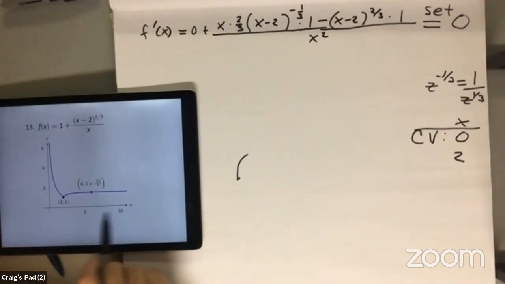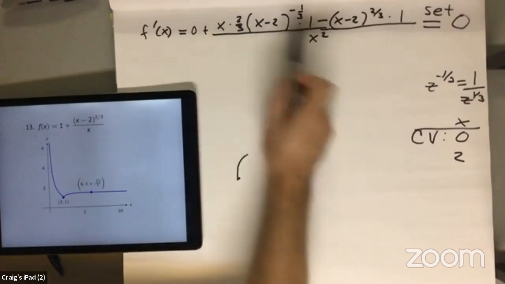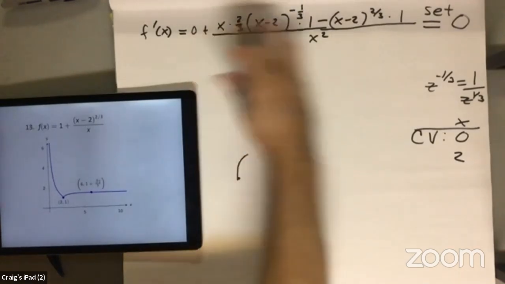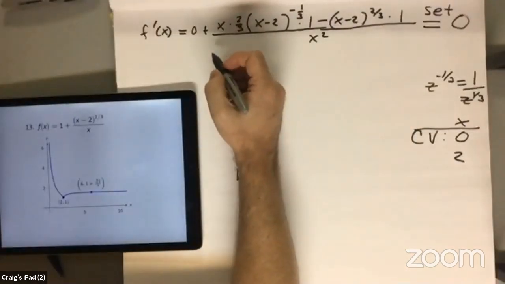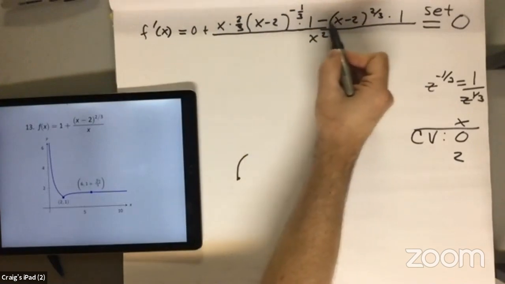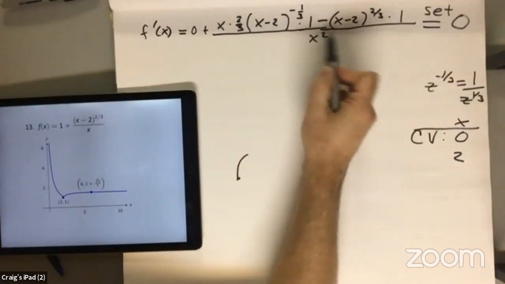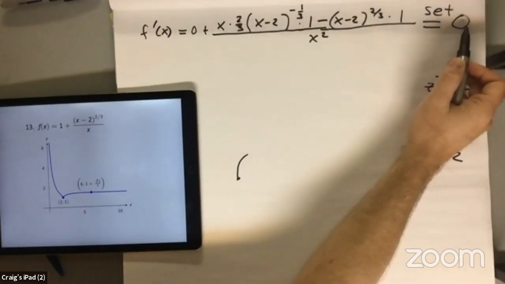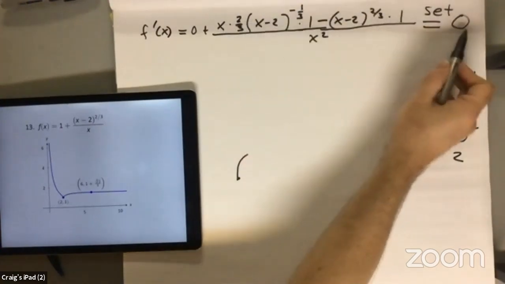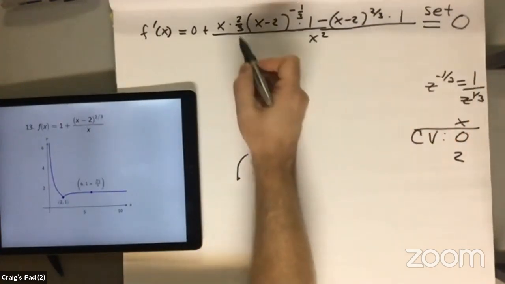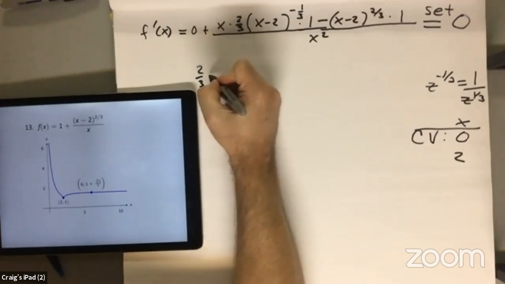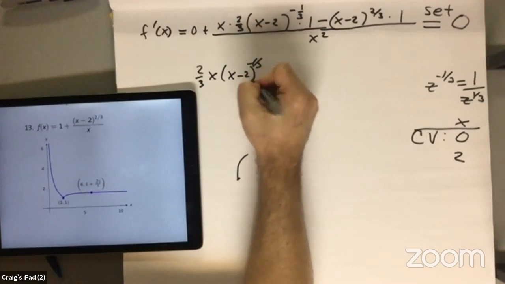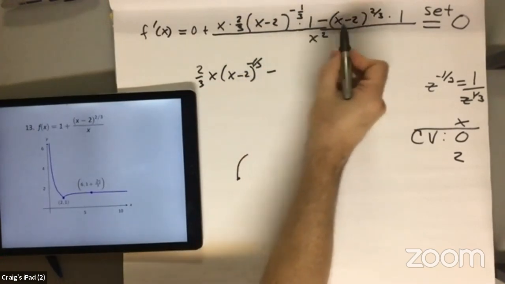When x equals 6 right here, they said that that's the solution to this up here. So let's see how they would come up with that. To set this equal to 0, the next algebra problem is, now I have this minus this equals 0. I can multiply through by x squared, and I just have the top side equals 0. So I'm going to take the top side equals 0, and then move this to the other side. So I have 2/3 x times x minus 2 to the minus 1/3 power. I could have put that on the bottom. Minus